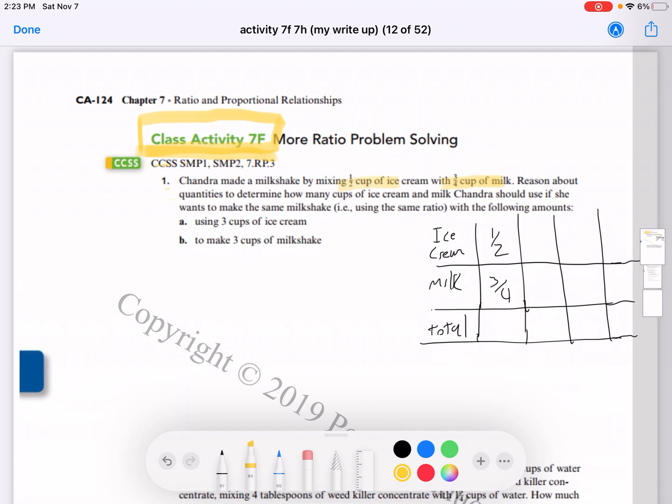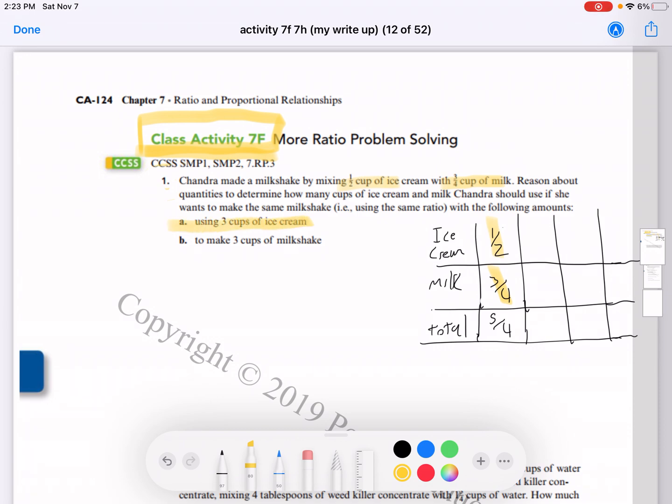So if we add a half a cup of ice cream and 3/4 cup milk, we could then say, well, this is the same thing as a half a cup or 2/4 of a cup plus 3/4 of a cup. So in total, that makes 5/4 of a cup. All right. First part of this problem says, well, what if we wanted to use 3 cups of